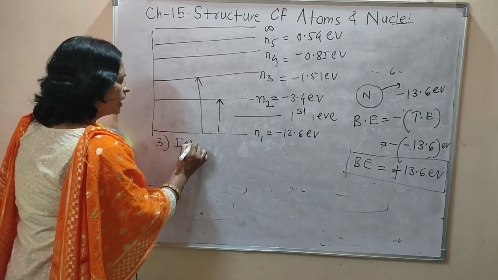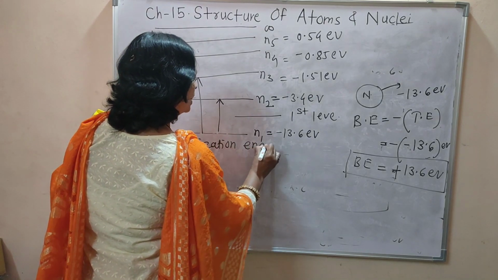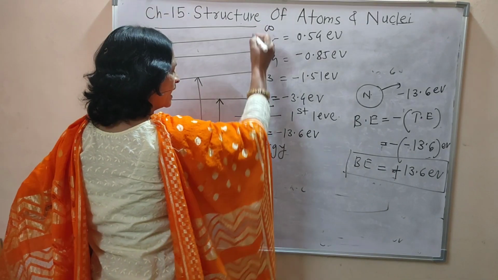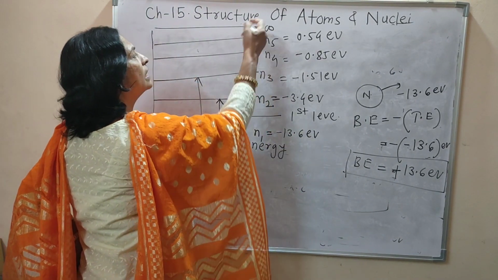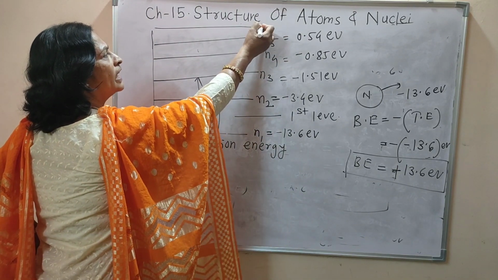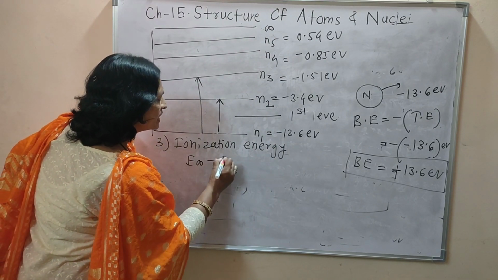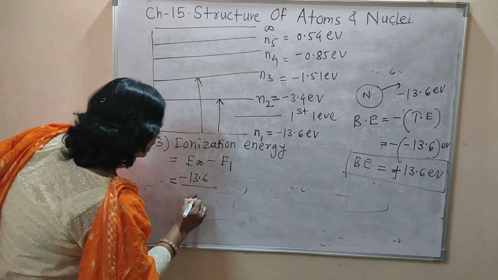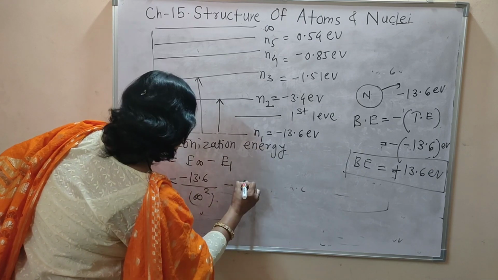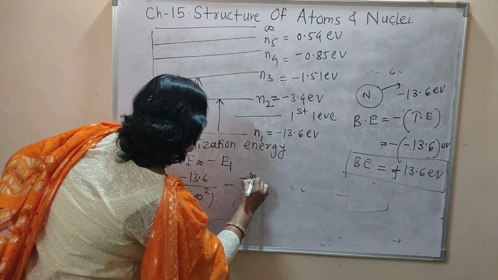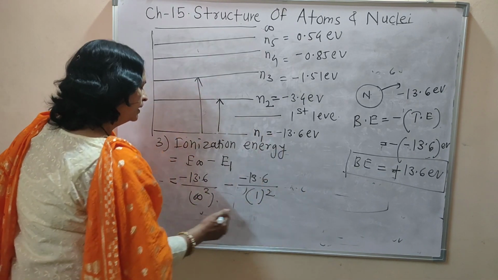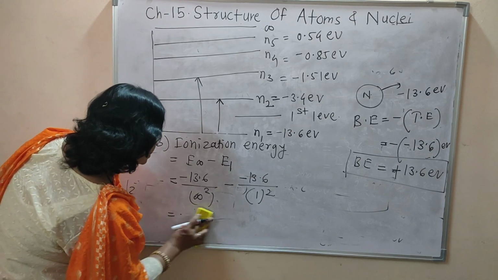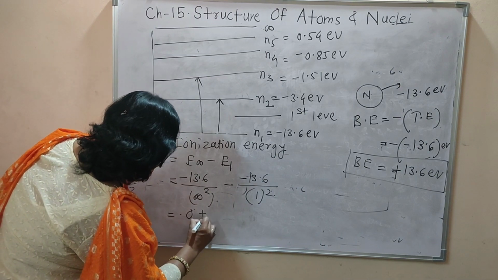The third definition is ionization energy. Now see, we want to free the electron from this atom. If we want to free the electron from the atom, the ground state has this much energy, so what do we have to do? E infinity minus E1. Now how much is E infinity? We know the formula: -13.6 divided by infinity squared, minus E1, that is nothing but -13.6 divided by 1 squared. Here 1 by infinity is nothing but 0. Therefore this term becomes 0, and this minus that becomes plus 13.6